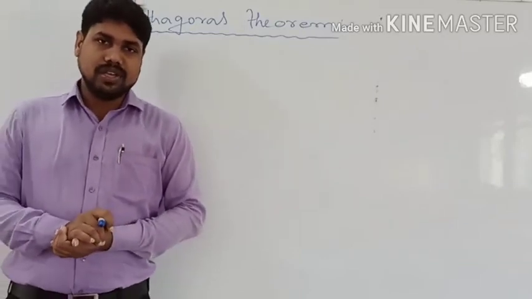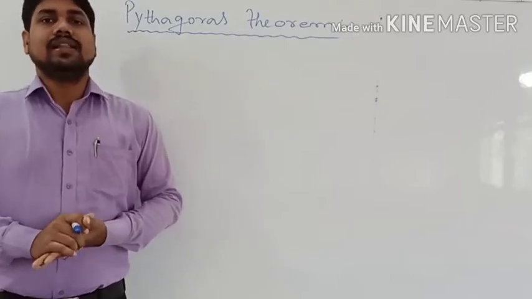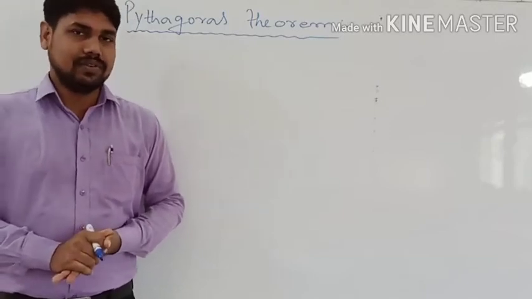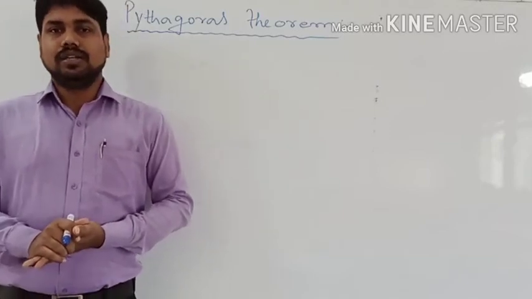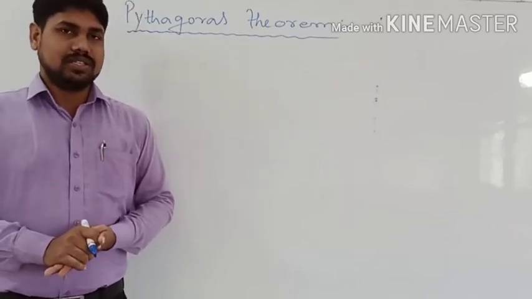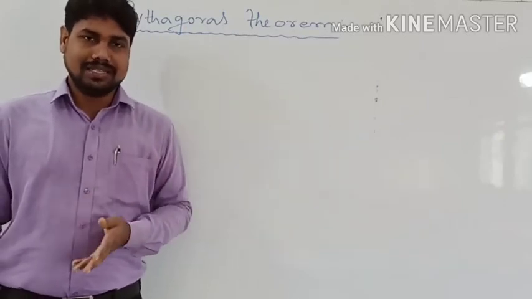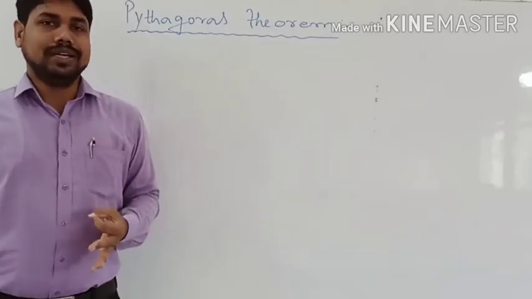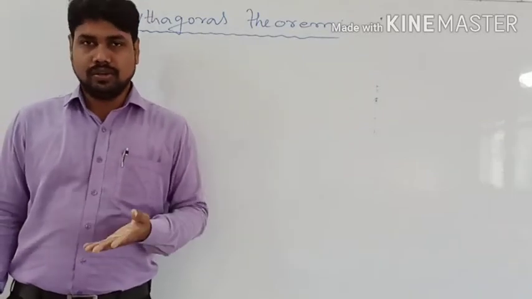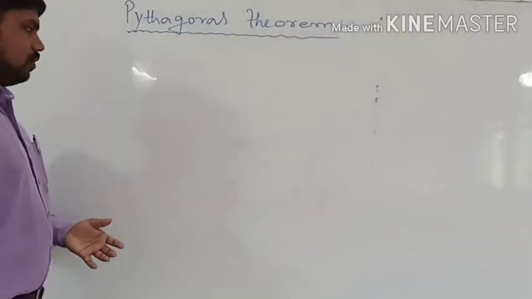Let's see. The first thing, if someone says what the Pythagoras theorem is, you will say that Pythagoras is a great mathematician who has given the relations between the hypotenuse and the other two sides of a right triangle, which is known as Pythagoras theorem. And after that we will explain the theorem, what the theorem is asking. We will prove the theorem, how it is, and then we will do some questions related to that theorem also. Okay, so first thing about the different parts of a triangle.